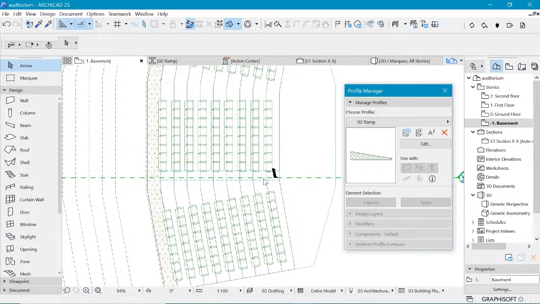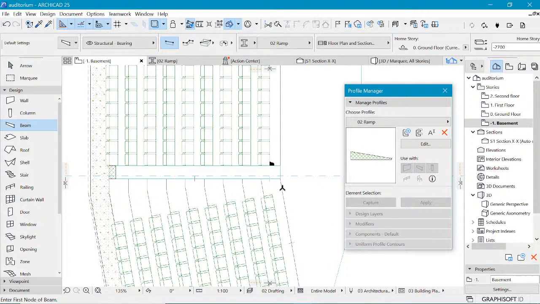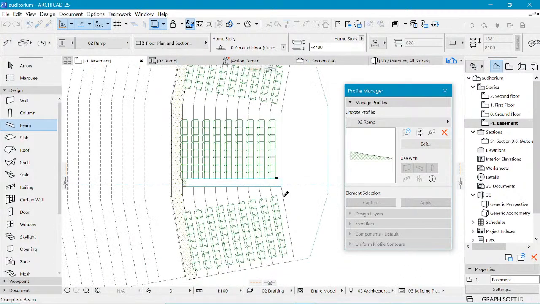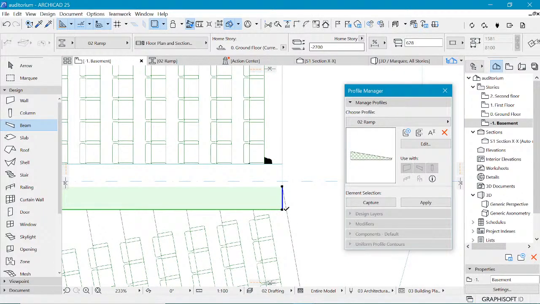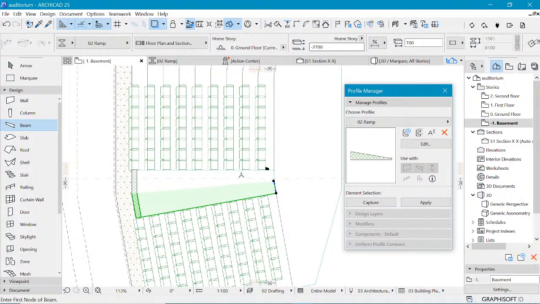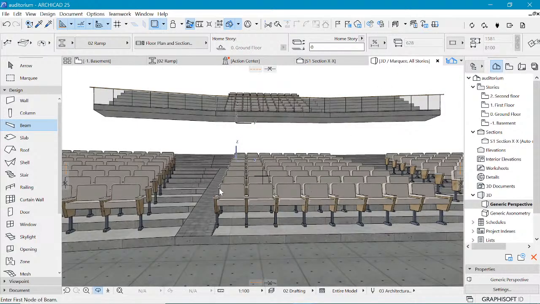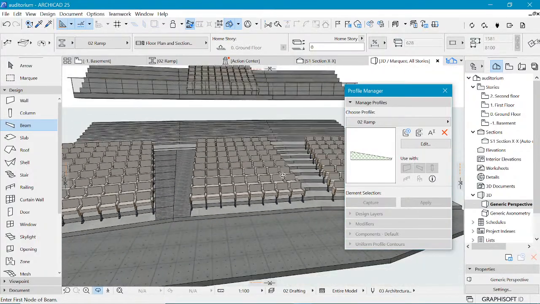So let's make this ramp as well show up in this other area. So I'm just picking the same ramp, so it looks like I need to change the reference thing. Okay, anyway, the easiest way is just duplicate this, and once you have it here you can adjust where this point is. Yeah, so you can see that we already have that kind of arrangement. Let's reduce this a little bit such that we do not interfere with our seats. So already we should have something going on here. Yeah, a ramp mixed with a